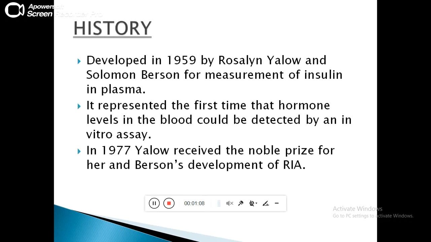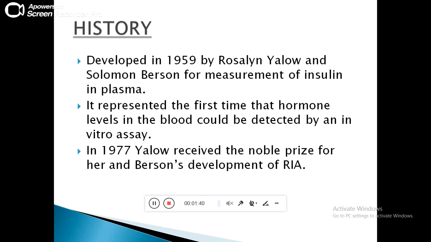History. Now moving on to the history of radioimmune assay, it was developed by Rosalyn Yalow and Solomon Berson in the year 1959 for the measurement of insulin in the plasma. As we are aware, insulin is a hormone that is used for determining the level of sugar in the blood. So it was the first time that the level of a hormone could be detected by such an in vitro assay, and the credit goes to Rosalyn Yalow and Solomon Berson, for which they received a Nobel